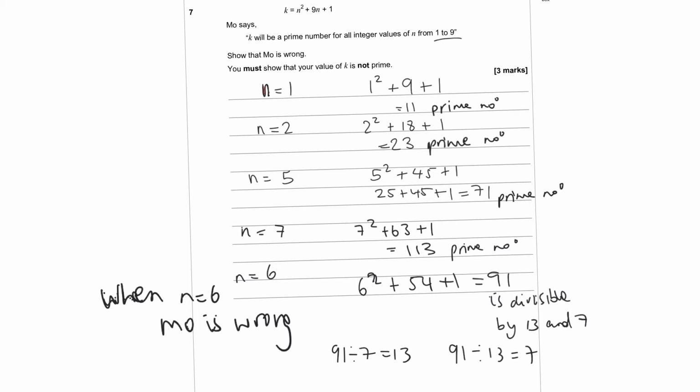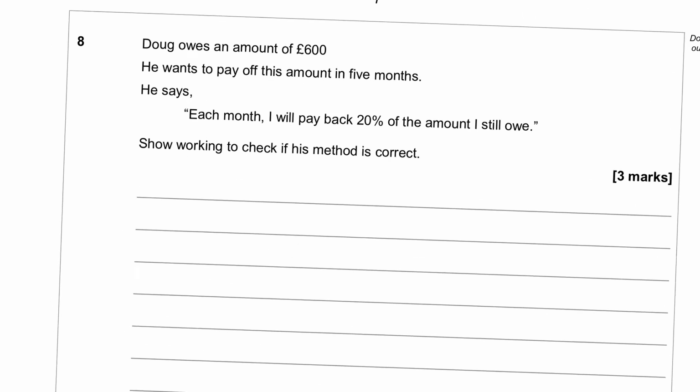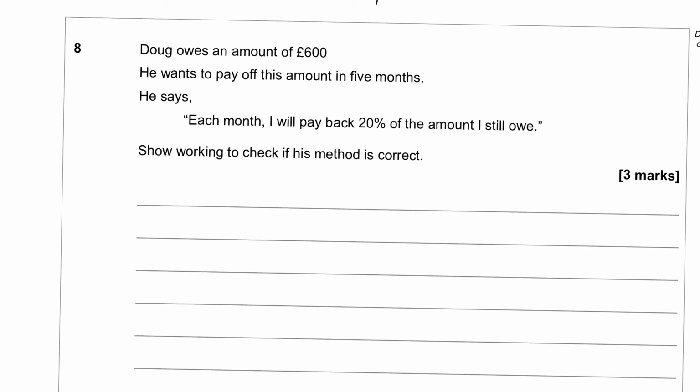All right, so let's move on. Let's have a look at question 8. It says Doug owes an amount of £600. He wants to pay this amount off in 5 months. He says each month I'll pay about 20% of the amount I still owe. So show working to check if his method is correct. Okay, so he wants to pay this off in 5 months. Well, after month 1, he's going to be paying off 20% of 600. You can just put into your calculator 600 times 0.2, so that would be £120. So then he would be left with